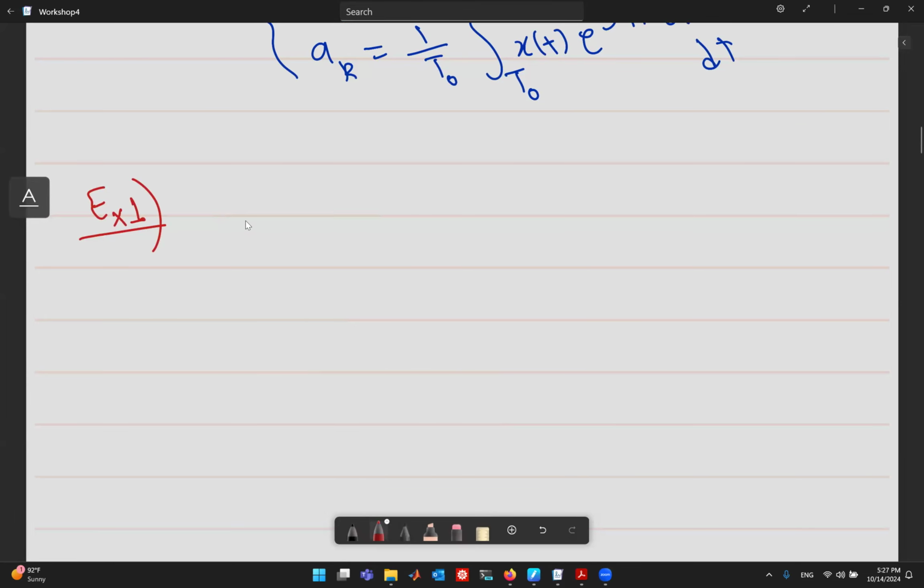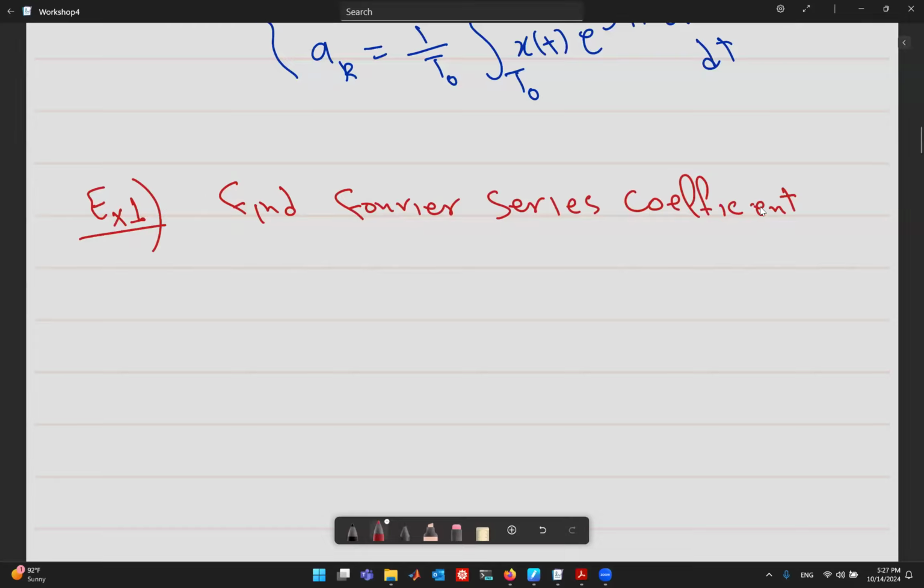Example 1: find the Fourier coefficients of a signal x(t) given as